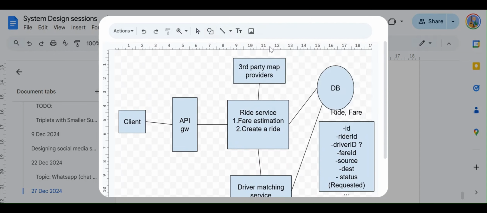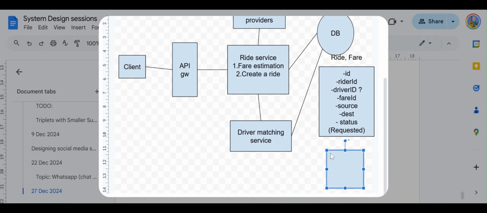I'm just going to mention here that the rider can have, let's say, a rider ID and name and a bunch of other metadata. It's futile to go into all of these details like name, email, age, address, permanent address, blah blah blah. You can just save time. You can just say it will have an ID and a bunch of other metadata related to the rider.